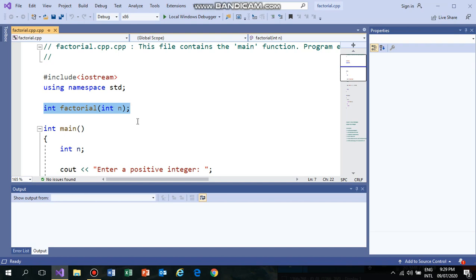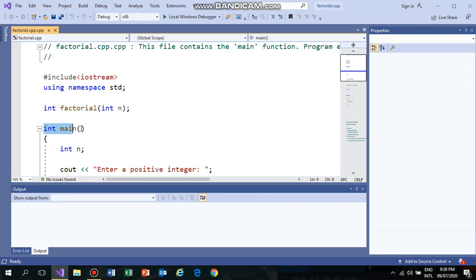This is the most important line, because here we are going to start a function, and as we need the factorial of any integer, that's why we kept the function name factorial. In this line, the integer variable n is the input to the function, and it is also called the parameter of the function.